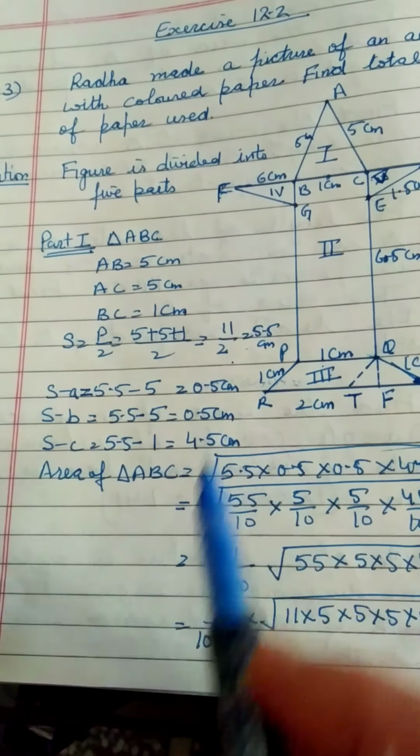Then part 3. Part 3 is this trapezium. Now in this area of triangle QTS, we have made a parallelogram by drawing QT parallel to PR. We have drawn QT parallel to PR by ourselves. Now it is 1 centimeter and it is 2 centimeter. It means that this is obviously, because this is a parallelogram, it will be 1 centimeter and TS will be 1 centimeter left.